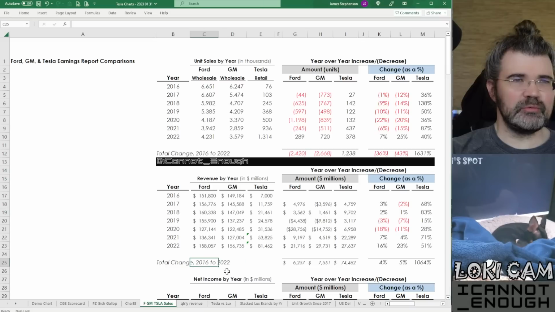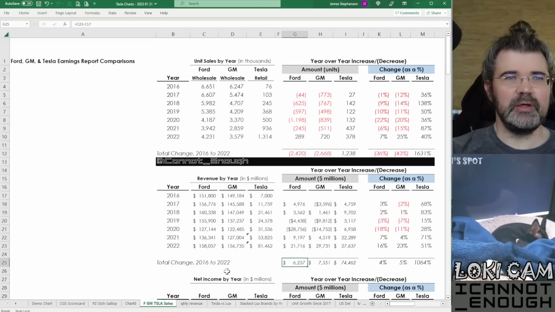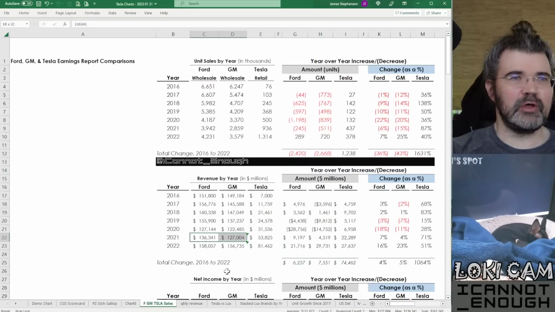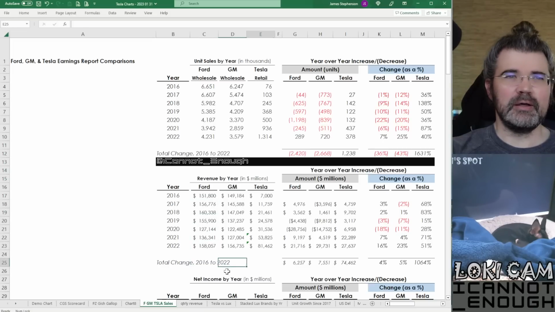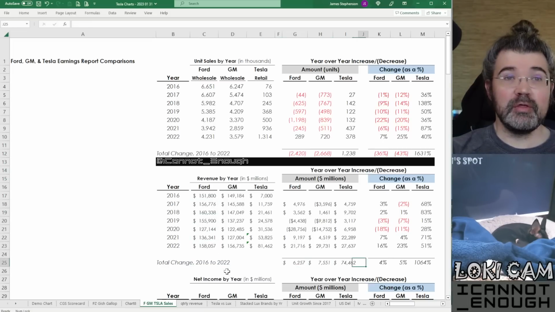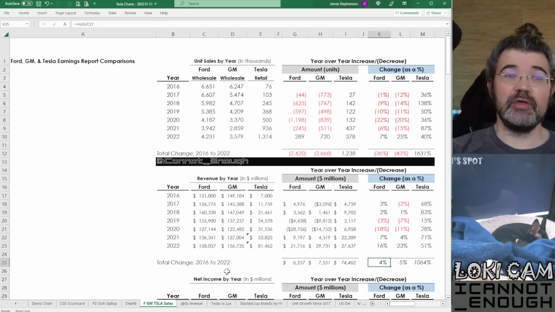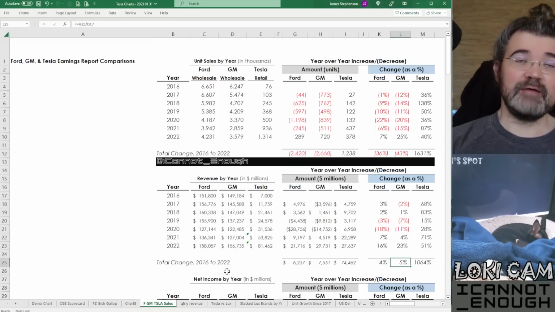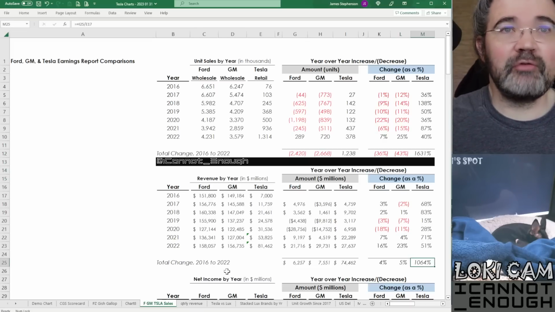The total change from 2016 to 2022. Last year, these were negative numbers because these numbers were both less than these numbers. But they are up. They're up 4% over the past 6 years, Ford is. GM's up 5% on revenue over the past 6 years, and Tesla is up